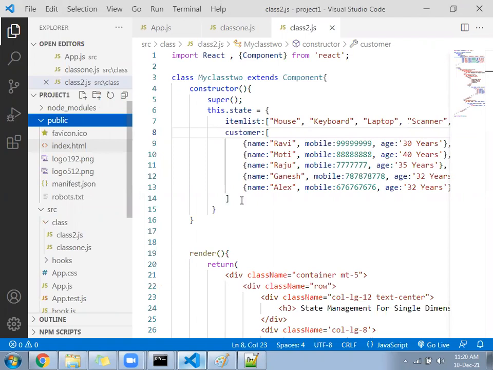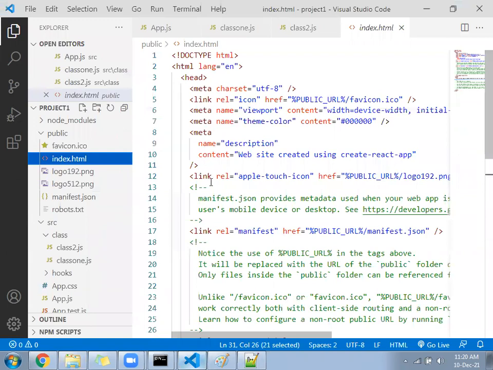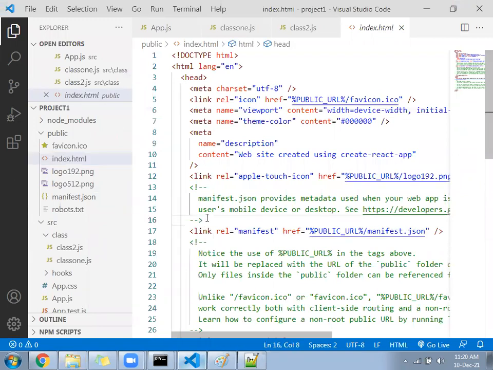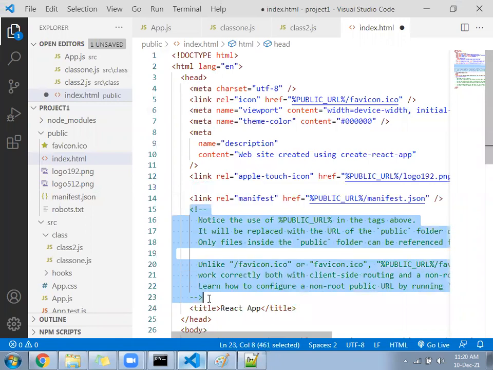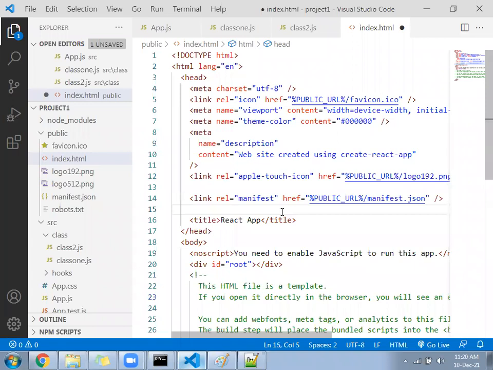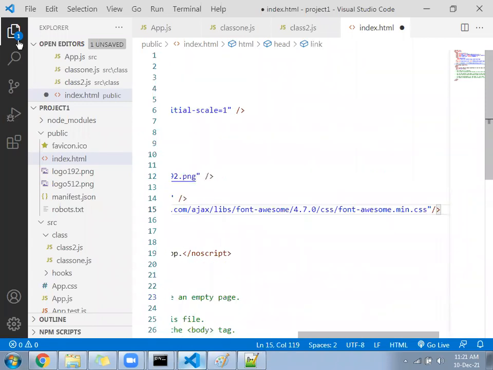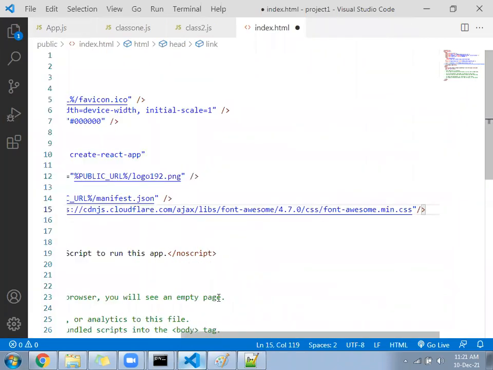We can go there and add this link. Before the title, you can stick this. It is called the CDN of Font Awesome.